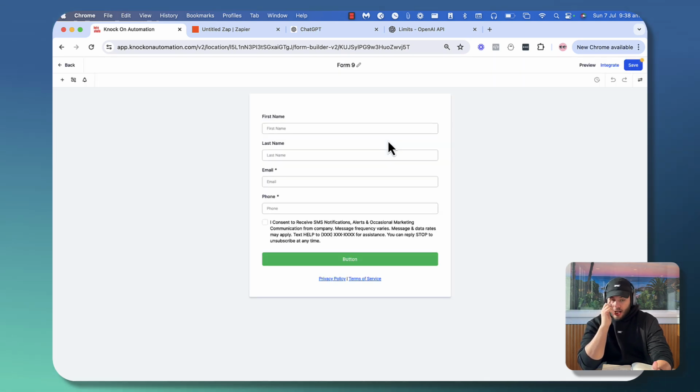We can do the ChatGPT completion inside Go High Level. However, it's just not as clear for me to explain it using Go High Level. I can explain it a bit better using ChatGPT. So here we go. We're going to call this AI lead magnet,